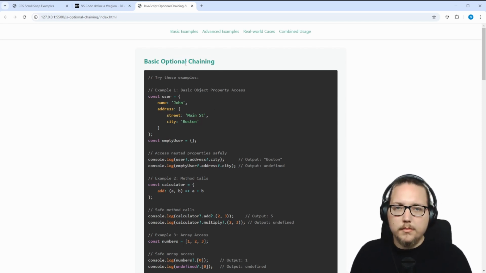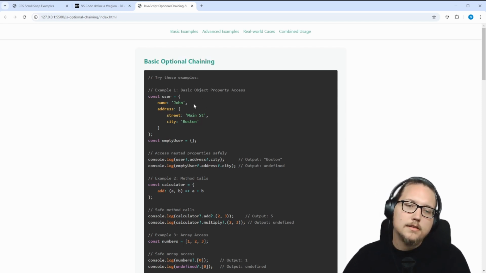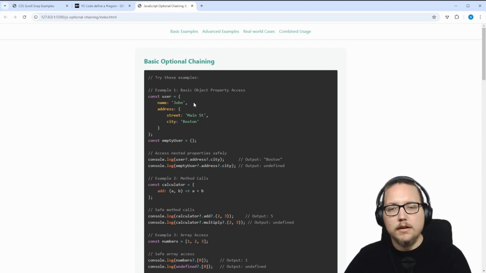The important thing about optional chaining is the problem that you can have objects that eventually could have properties that you're not pretty sure about. Here's an example of a user that has a name and an address, and in the address a street and a city. Now, it could be that you want to access the city of the user, but eventually you have not defined this data directly here,